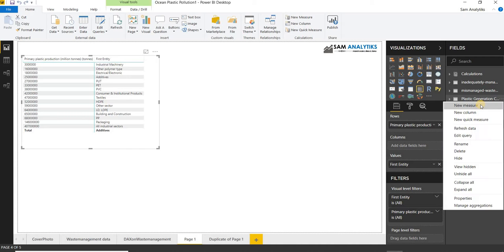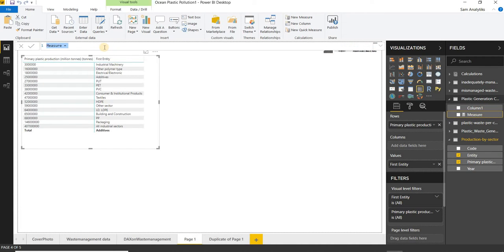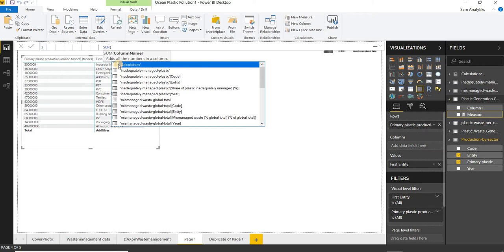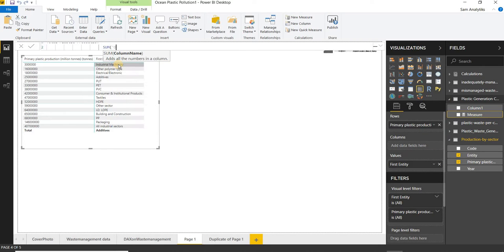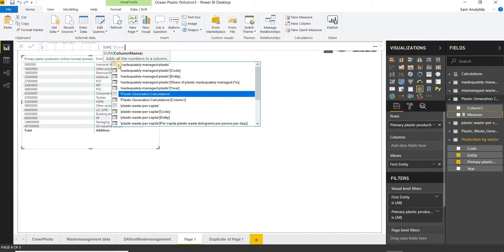Now I will take a new measure, and in this measure I will check the total plastic production. So for total plastic production, I will use the sum function, and in the sum I will only calculate the column plastic production by sector.